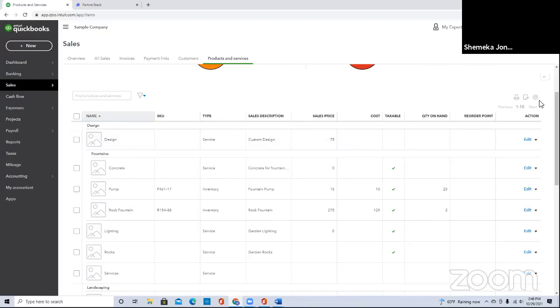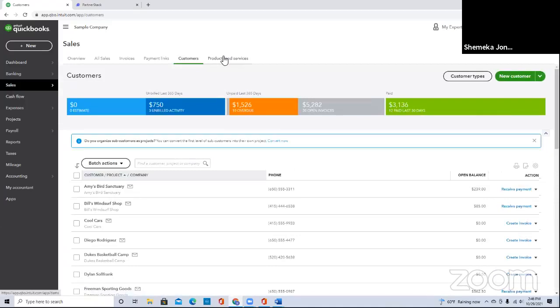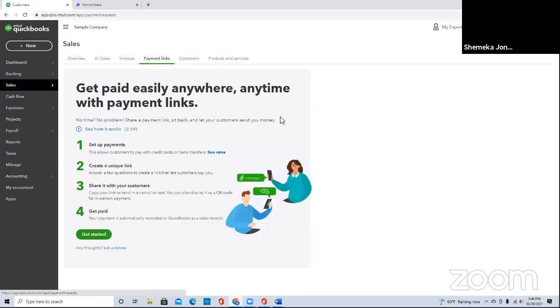So I think all of these pieces up here, you can edit to accommodate you, so that you can account for things. But that's how you can use products and sales. And then of course, this still applies to customers. You can pull their information over as well. And then you can send them links. So in our industry,